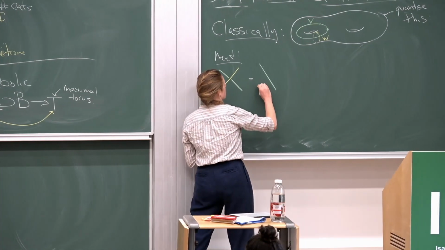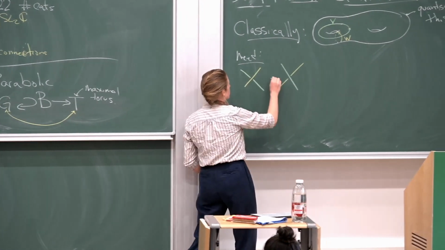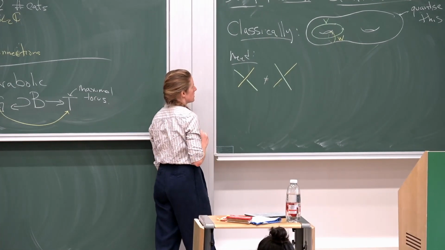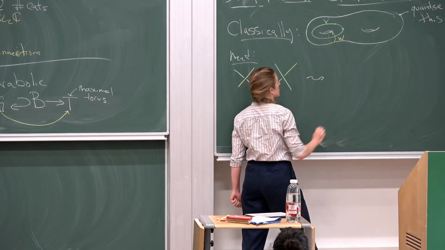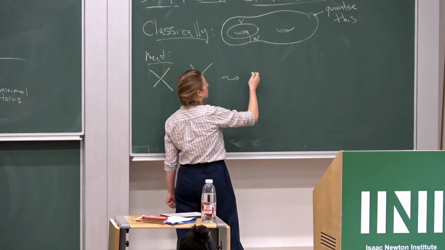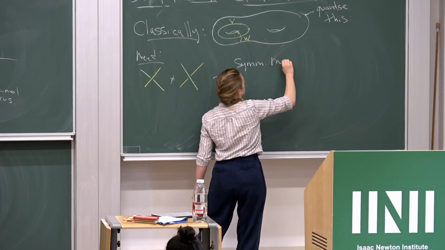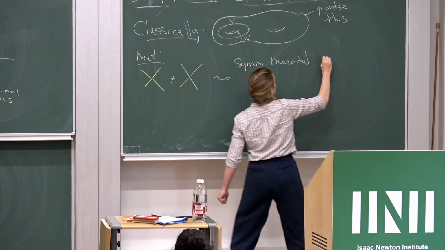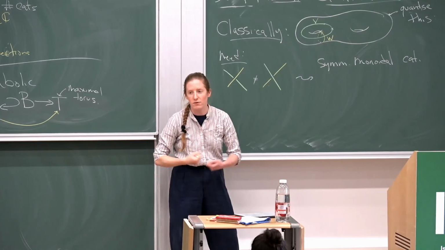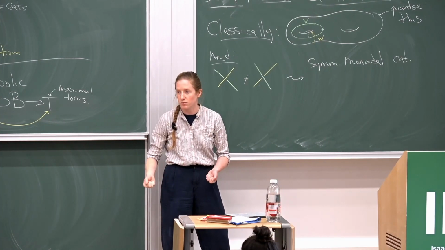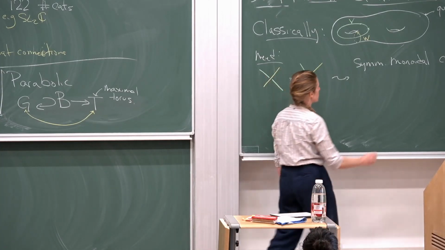And somehow there's no height data on these things. So what we want is some way for these two to be different in a coherent way. And what gives us this, mathematically speaking, is the passage from a symmetric monoidal category, which is a category that, like vector spaces, has some way of combining two vector spaces with a tensor product, but the order in which I combine them doesn't matter, and I can switch it very easily,